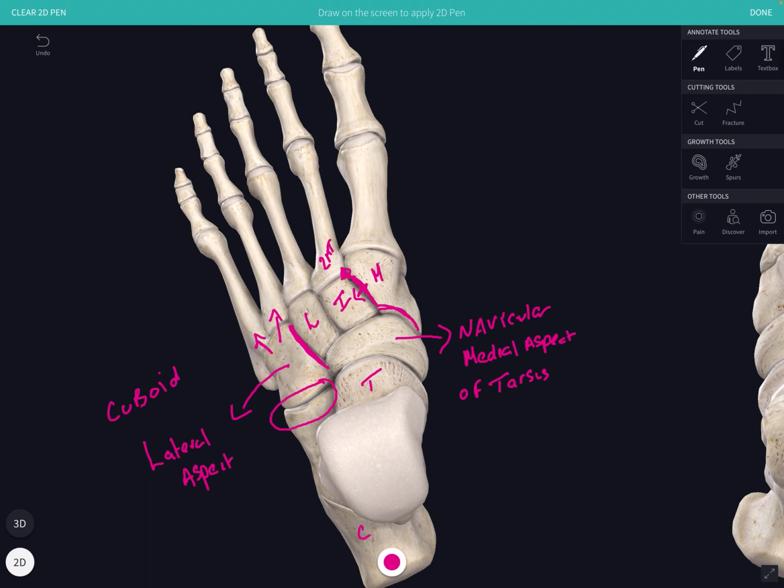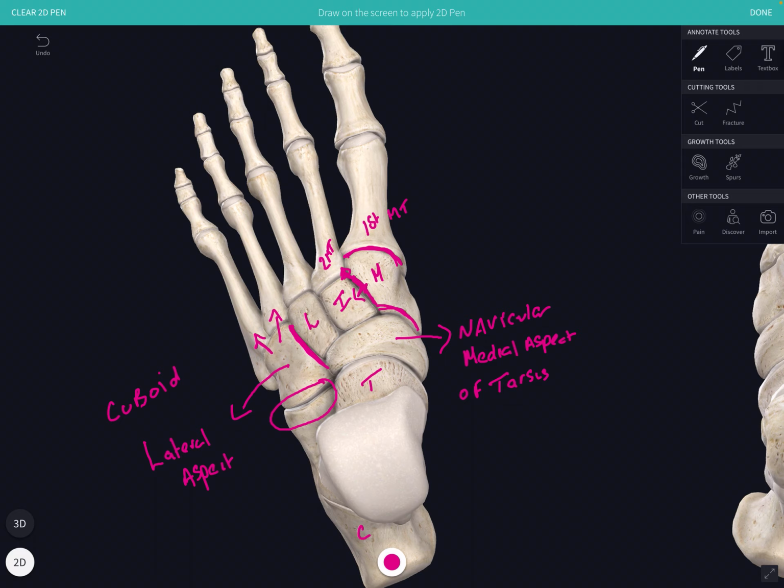The anterior surface of the medial cuneiform bone has an articular surface which is going to articulate with the base of the 1st metatarsal. Now thinking about the intermediate cuneiform, again its upper surface is roughened, very much like the